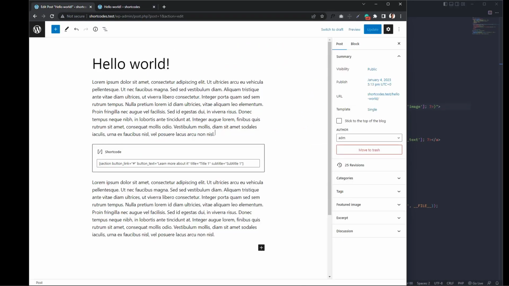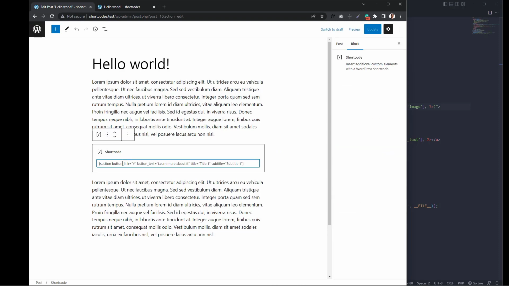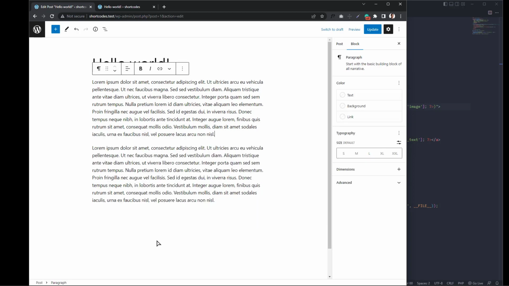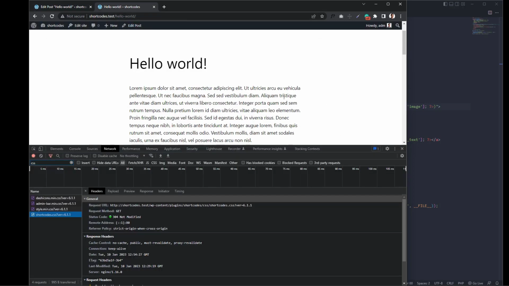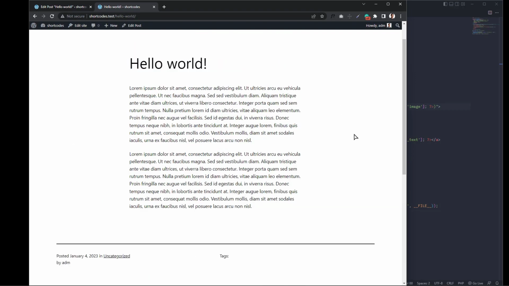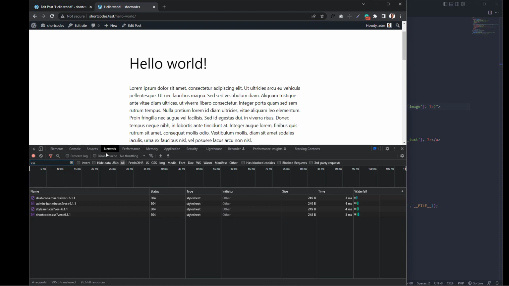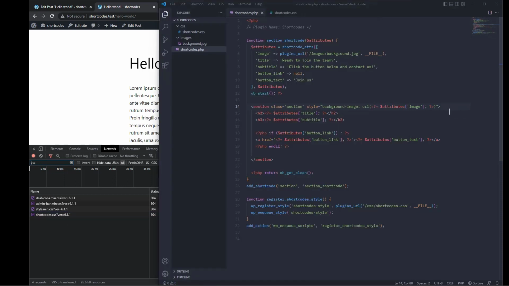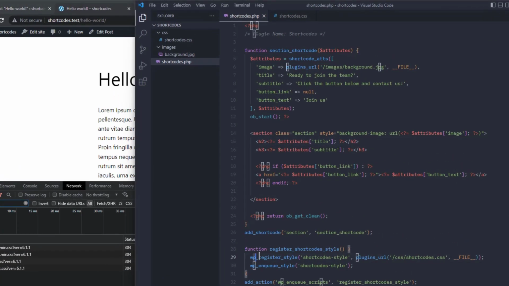But as this shortcode can be or not present in the post, let's copy here and remove and update it. So the shortcode is not present anymore, but if we inspect here the network, you see that the shortcode CSS is being loaded. So it's being loaded without any need, and that's why we register first and then we only enqueue